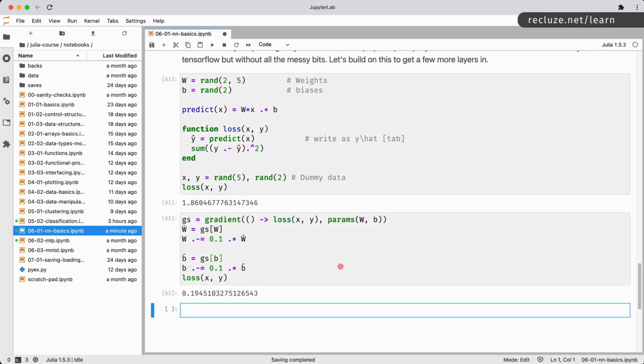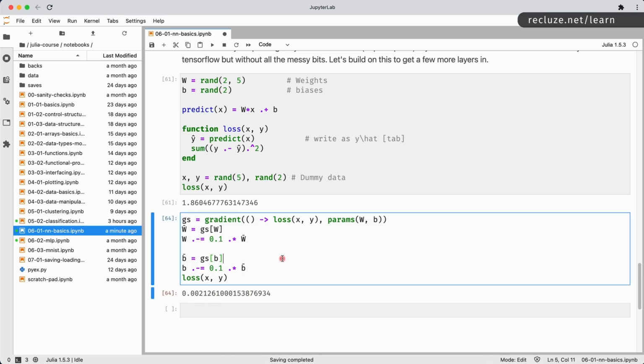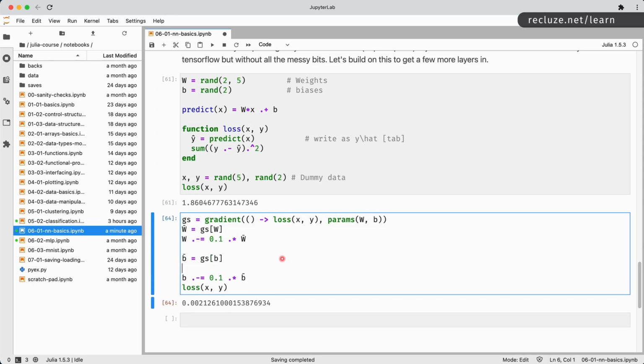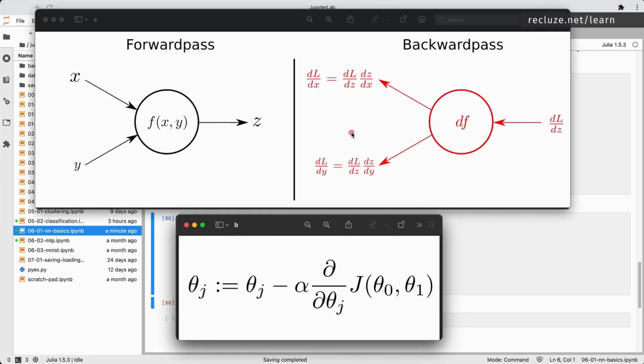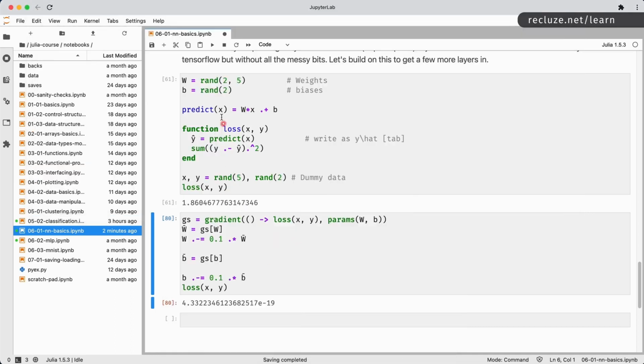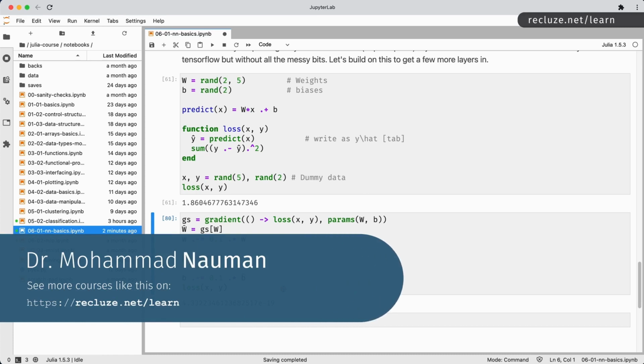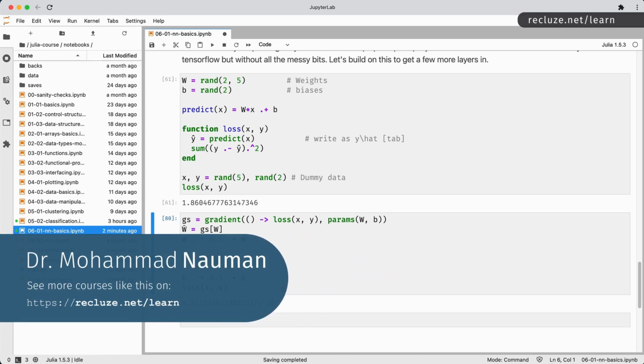Now let's go ahead and do the iteration. Loss goes down, you do it again, and loss goes further down, and you keep doing that, and loss is going to keep going down. Okay. Hope you understand this. Forward pass, backward pass, and the updation. So that's all there is to it. This is all you need to write a simple neural network in Julia. If you've done this stuff with any other library, you would notice that this is extremely easy, much easier to work with than any other library. So in the next video, we are going to take these basic concepts and build a multi-level neural network instead of a single neuron.